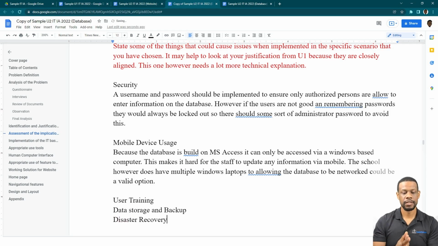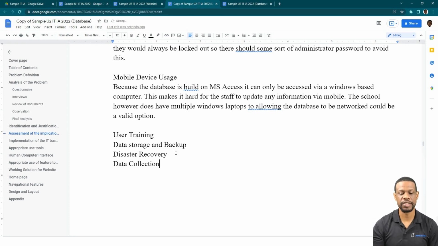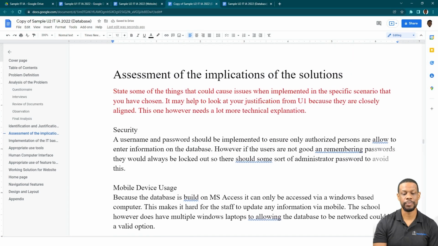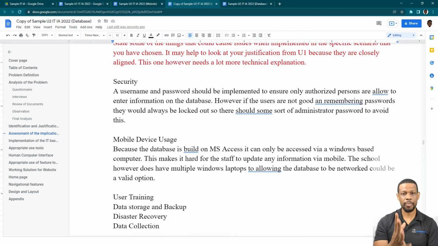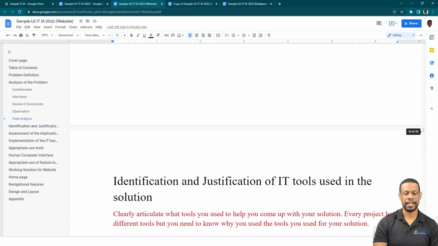Yeah, things like that. Think of things that you will find in module 3, right? A lot of the things that you have in module 3 will be the things that are implications to IT solutions. You could even store data collection. Right, so those are some examples of things that you could try to put inside here to show the implication of your solution, the things that come up when you put the solution in place. Things that you'll usually face when you do it, and that will make your life a little easier there. So that is the 2 parts I wanted to do in this video, the identification and justification